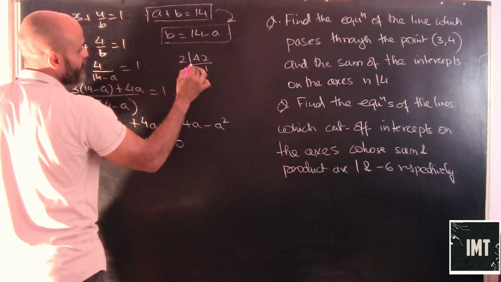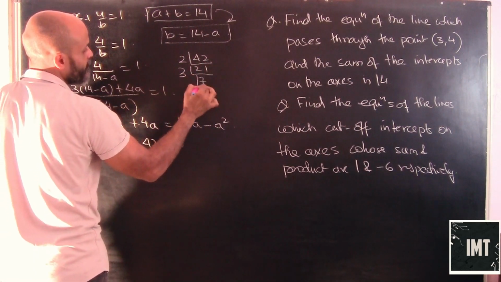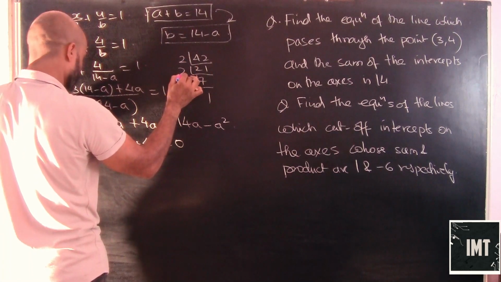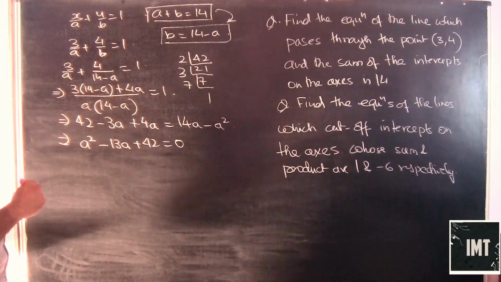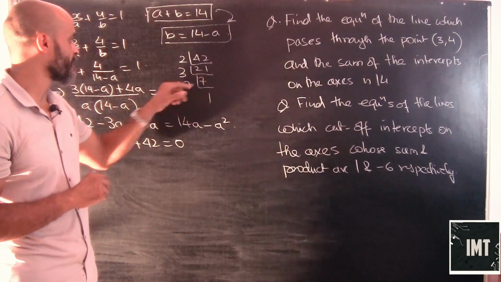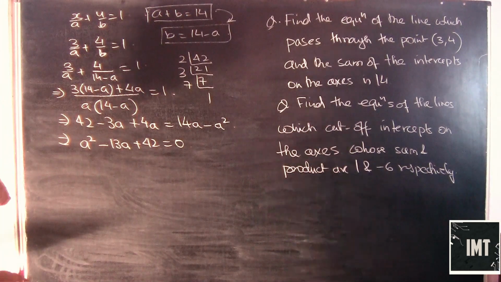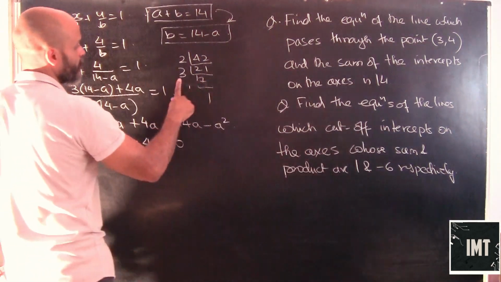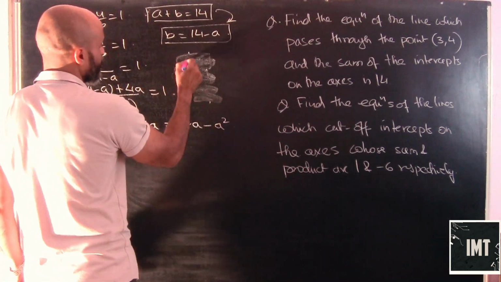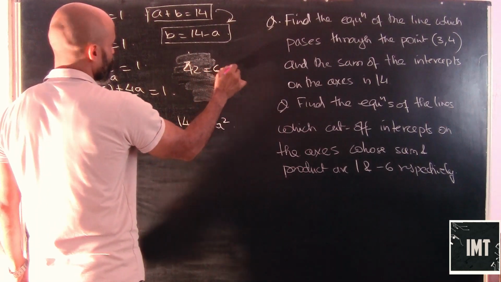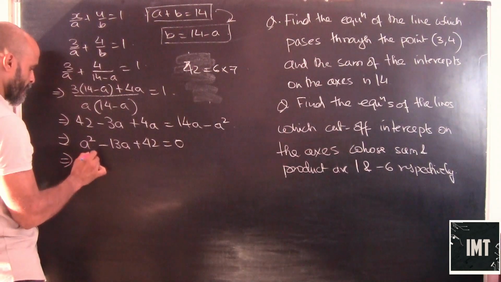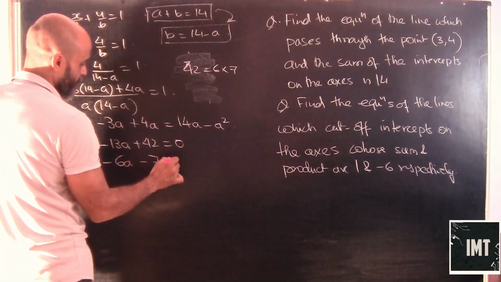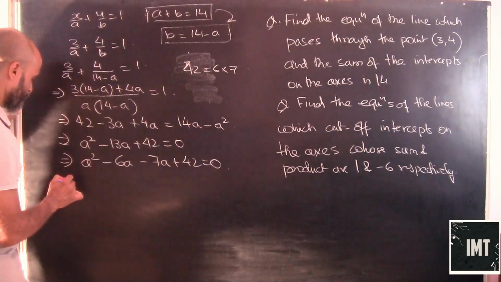Okay, so if we solve this, 42, this will be 2 twos are 14... are we going wrong? 2 ones are 2, 3 sevens are 21, 7 ones are 7. Are we going wrong here? Okay, basically 42 is 6 into 7. Yes, so this will be a square minus 6a minus 7a plus 42 is equal to 0, which would mean